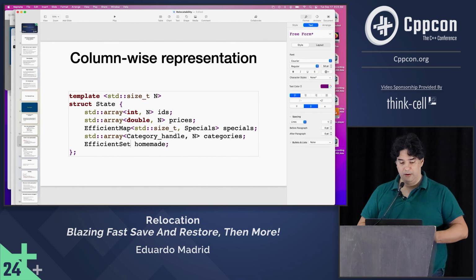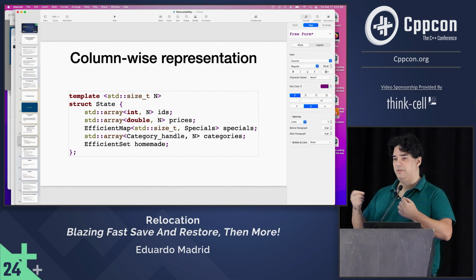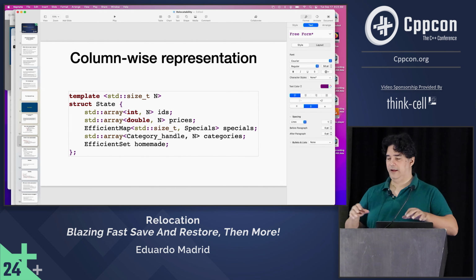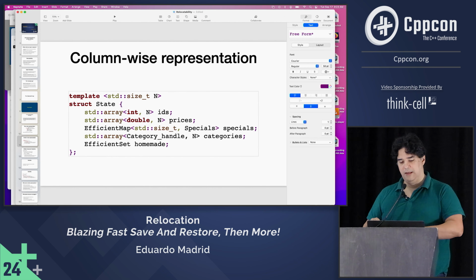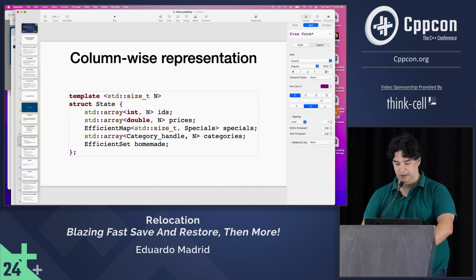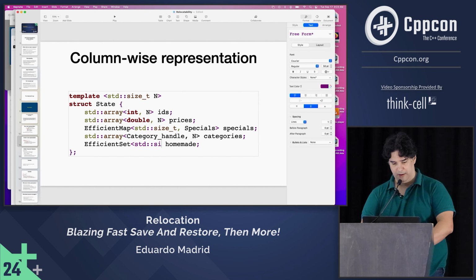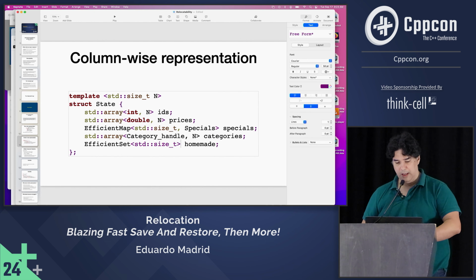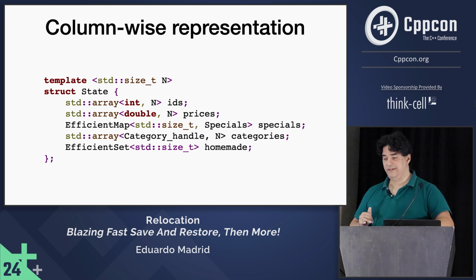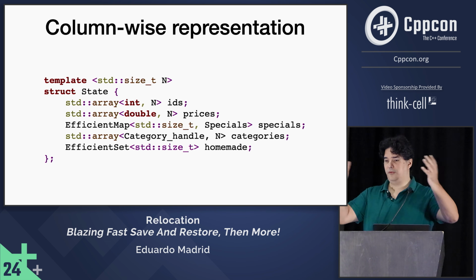We are not seeing it here, but efficient set is a template that takes a template argument just because the implementation would give the programmer a choice of how to internally group things. So that was an artifact, but let's call it just a set. So a set in this particular example can be, if I introduce this again, sets either contain or not contain members of the domain, right?